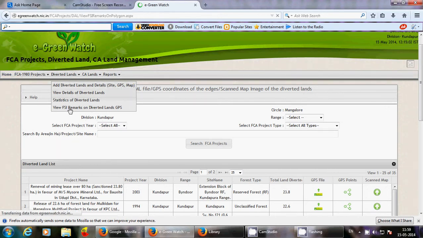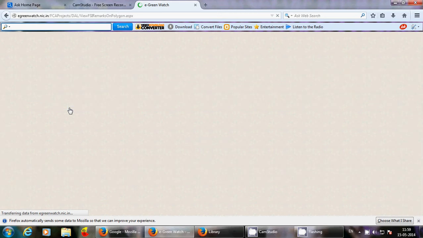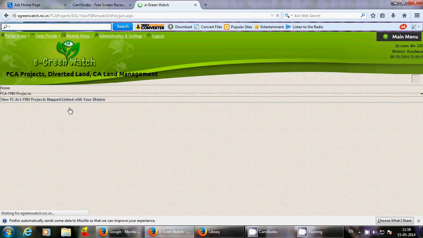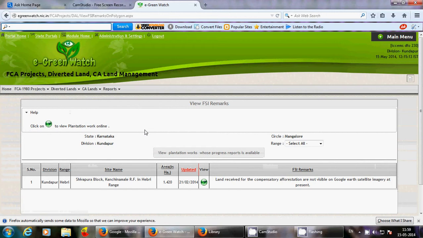Now all the polygons which have been uploaded will be verified by the Forest Survey of India, and they have put their valuable remarks over here. Now in this Kundapur division, they have uploaded only one diverted land detail, and the land received for compensatory afforestation is not visible on Google Earth.